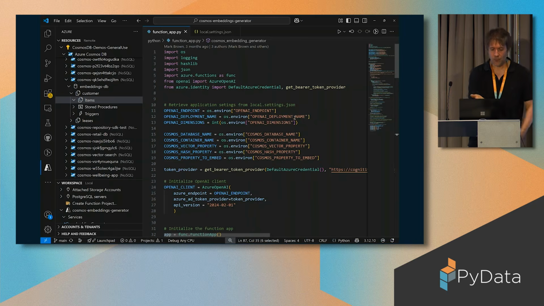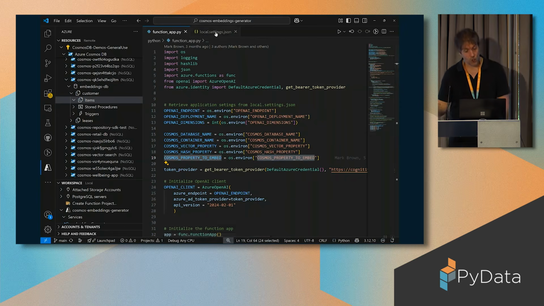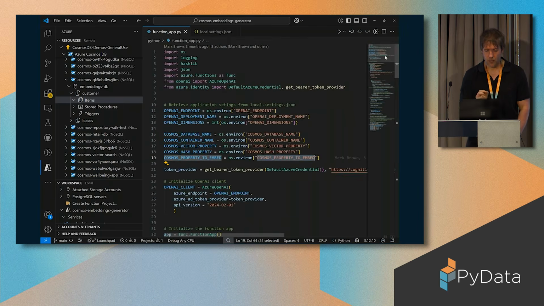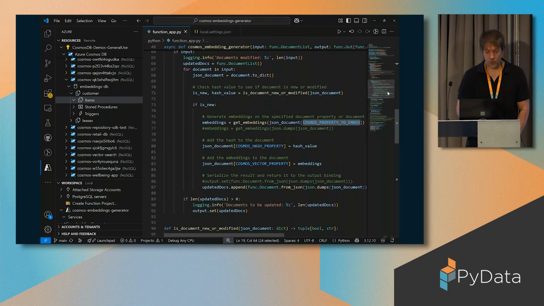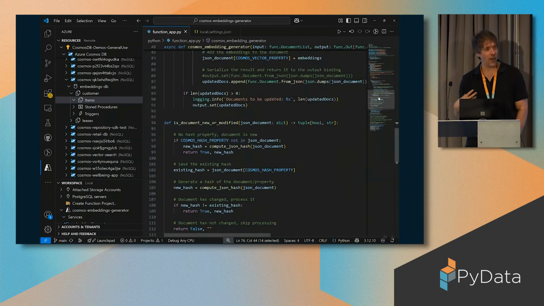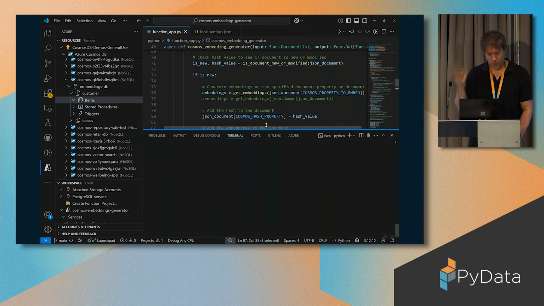So in this scenario, every time data is stored in Cosmos DB, we've defined customer notes as the field that is going to be embedded. The function is going to read from the change feed. Every time a change happens in the operational data store, it's going to call an embedding API, embed that data and then write the vectors back into the same record. The JSON document is converted into a dictionary, and then the embedded data is written back to the record.